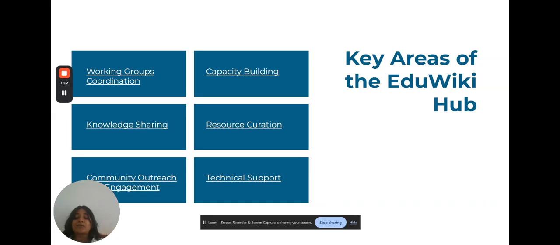Then comes the technical support. Here, we are also working on the programs and events dashboard, wherein the technical support helps us build the resources or any tools, or better build the programs and events dashboard, and gives feedback and all of that. So these are the six key areas, and it really helps everything run very smoothly.